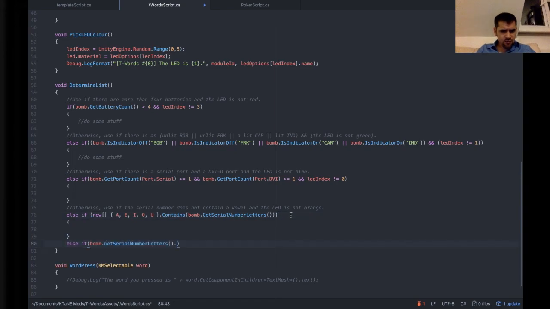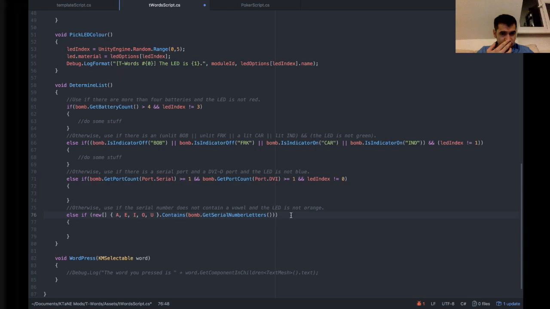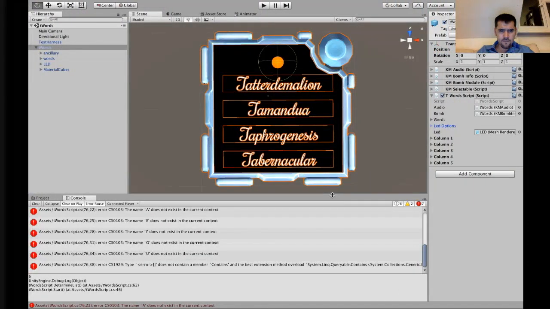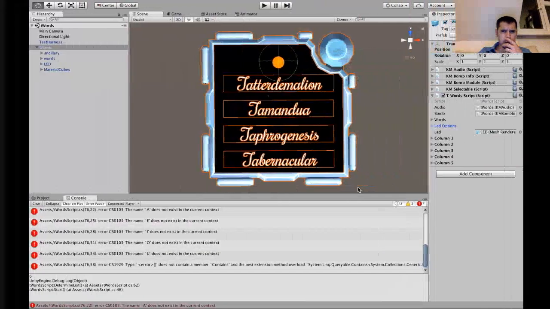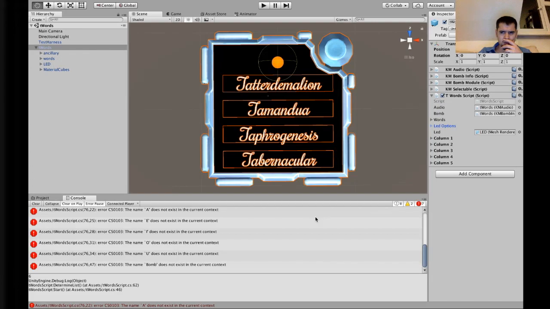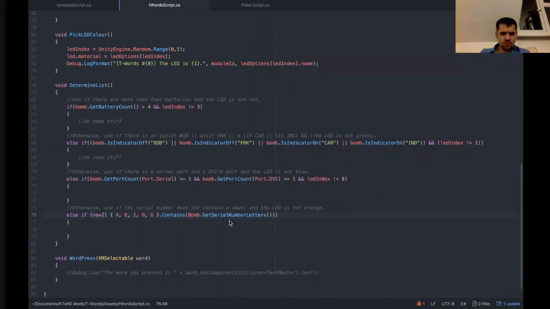I've just done something to break it. Let's go back a few steps. Save. Now, why is it not recognising the lowercase bomb? Oh, it is. Okay, because I actually